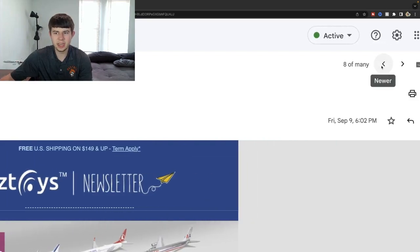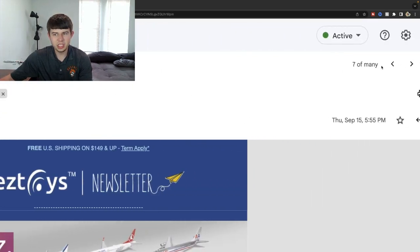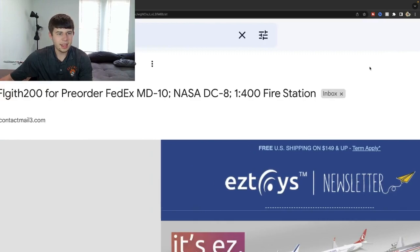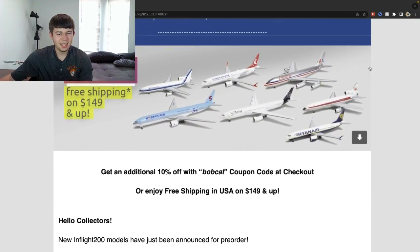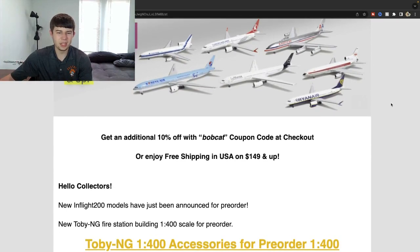Not the Aero Classics because that video came out previously, and not the NGs because we've seen those at this point. And yes, more in-flights. Let's go with in-flights. And I saw the FedEx MD-10. Very nice, and I think there might be another plane here. I will say it, I did see an American A319 was spoiled to me, but nevertheless, I'm very interested in getting that. But nevertheless, let's put all that on the back burner and get started with the Tobii NG 1-400